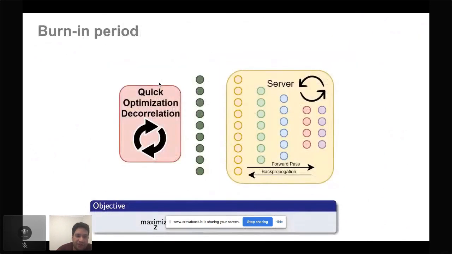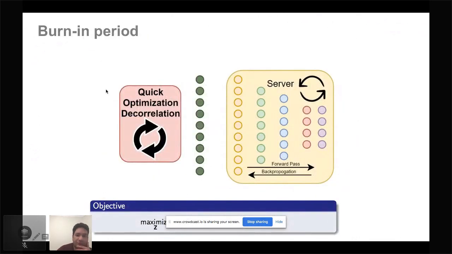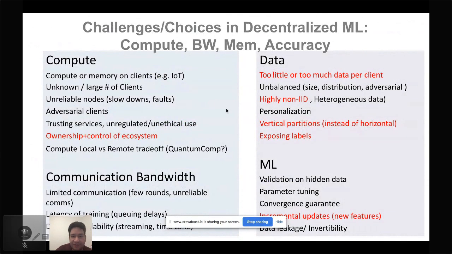So jumping on the math part ahead, I want to show in a couple of slides in terms of two things. One is, can we reduce the communication further? The communication rounds further. That's a great challenge question. Can we come up with newer architectures that are hybrid of split learning and federated that probably does something of that sort? Secondly, there's certainly many more challenges in this area, which is if the data per client is very